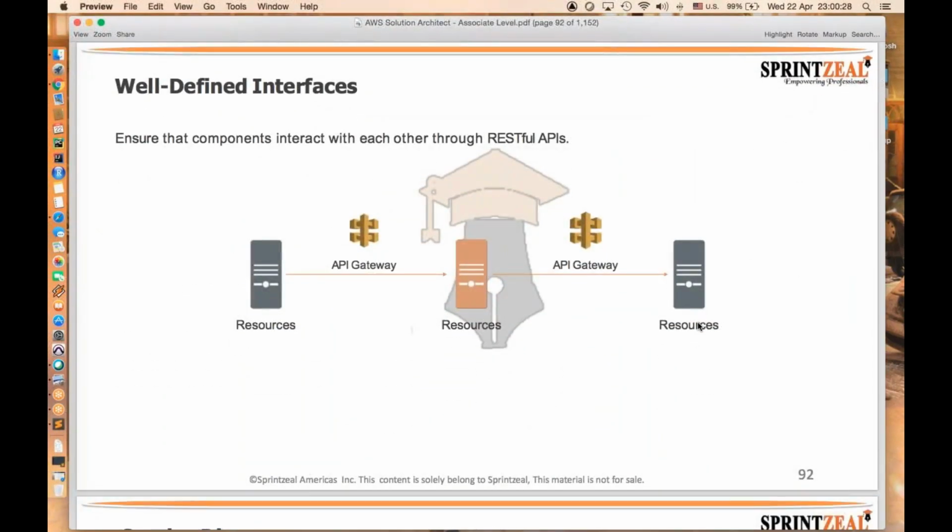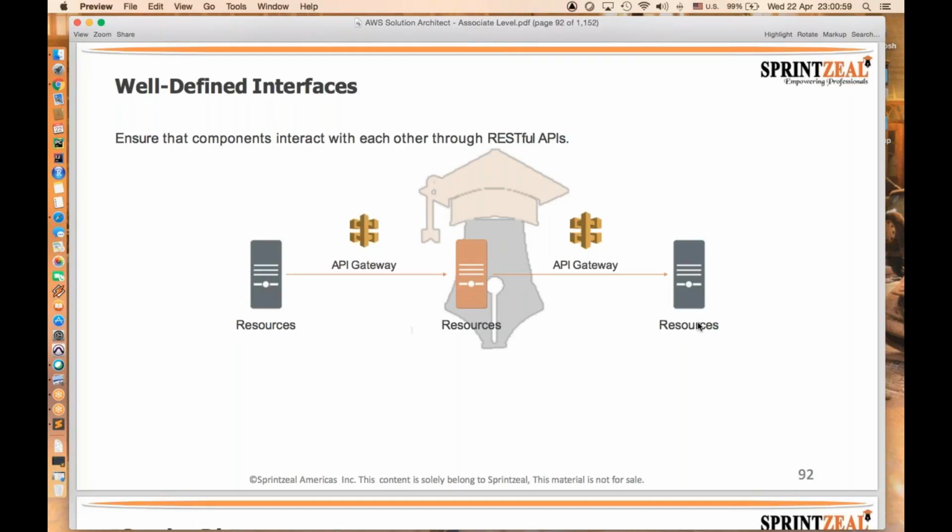And well-defined interfaces. When it comes to the interfaces or the components which we would be using in our transaction, you can use RESTful APIs. I'm not sure if you are aware of RESTful APIs, where we make a web service call from different resources to other resources. AWS is one of the Amazon Web Services.